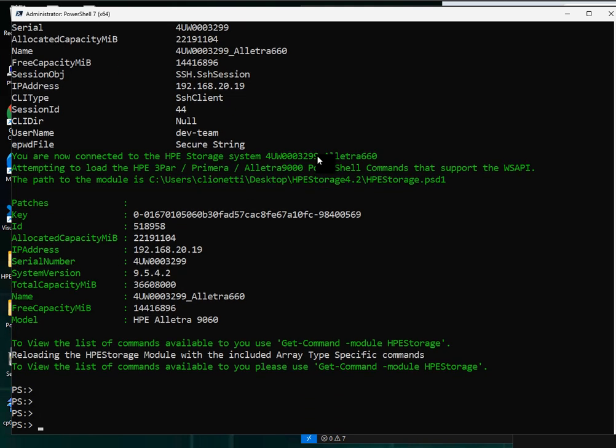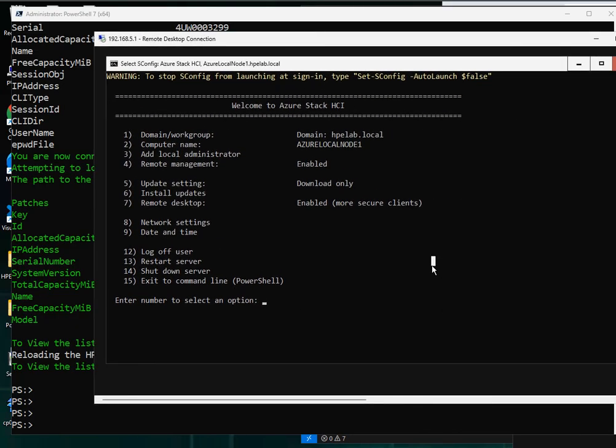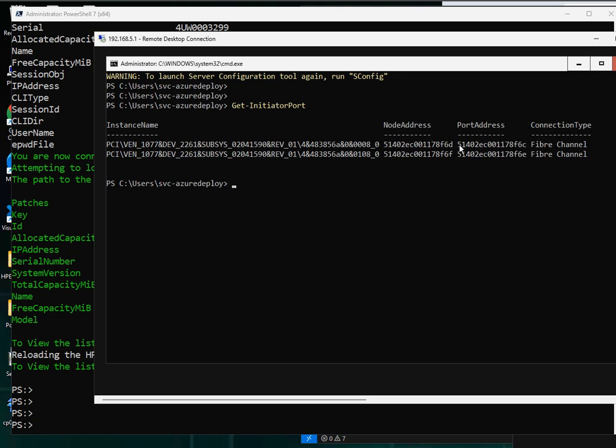Now once we have a command prompt, and we're connected to the array, we're ready to go ahead and make a host group. So the first thing we're going to need to do is grab an individual server that we want to make a host group for. In this case, I've got an Azure Stack local machine that I'm going to create a host group for. So I'm going to go out to a prompt, and I'm going to type get-initiatorport. And you can see, here are my two worldwide names. In fact, what I need is my worldwide port addresses, which are 51402EC001, blah, blah, blah, and we're going to end in E6C and 6E. So I'm going to copy that into my buffer,